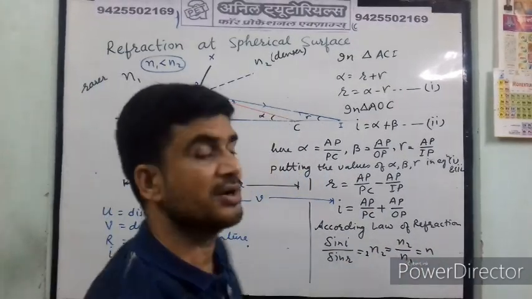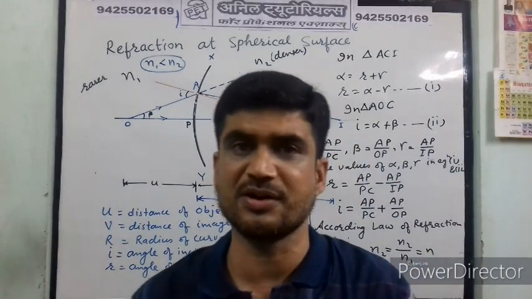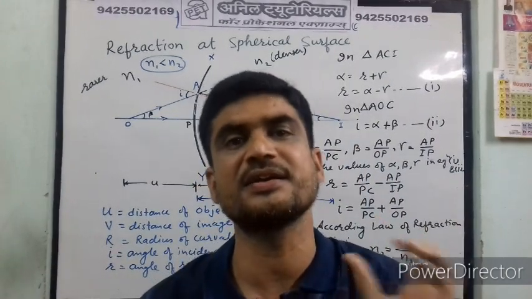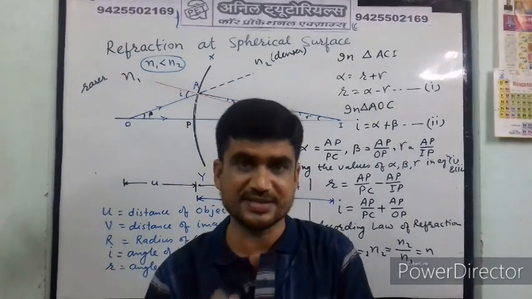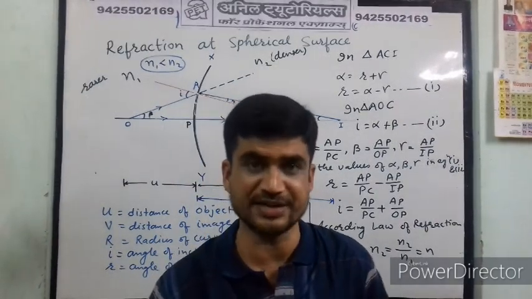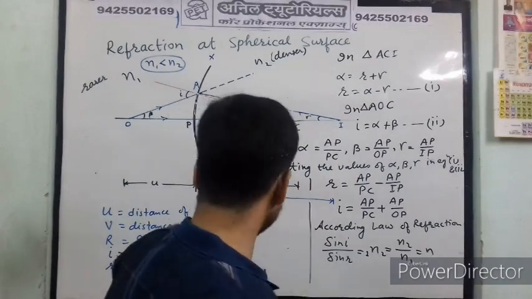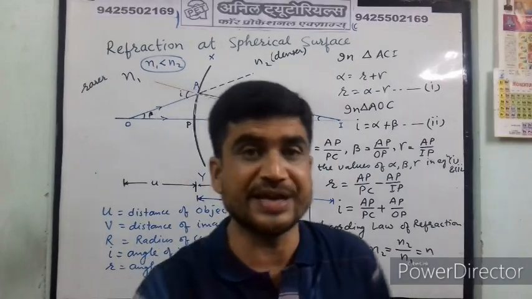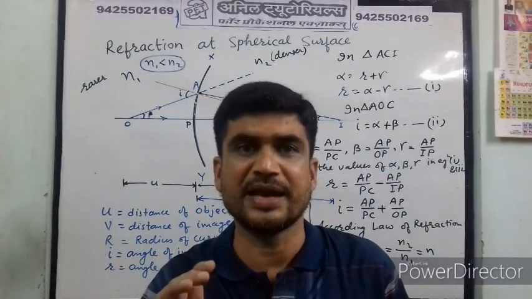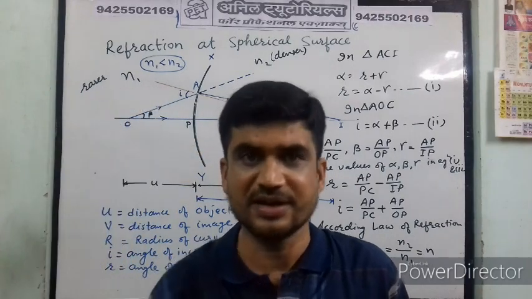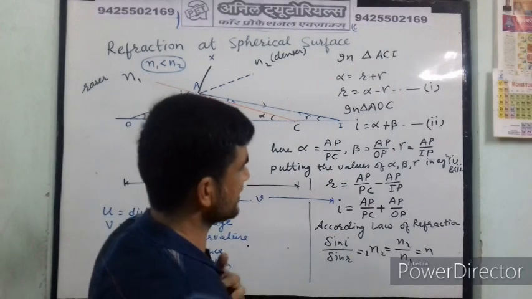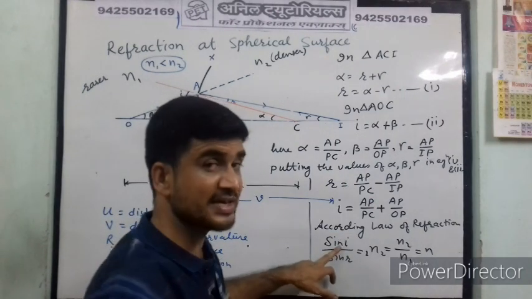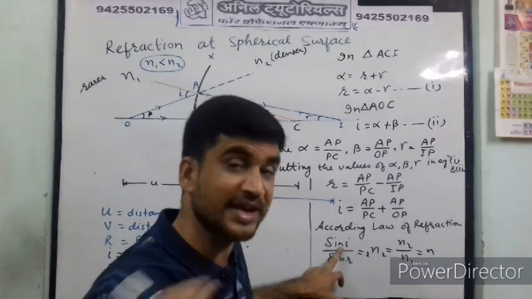You know when the angles are very, very small, we can write sin theta is equal to theta, when the angle is small and measured in radians. So here we are measuring all the angles in radians. You know, in radians only the angle is defined as arc upon radius. Okay, that's right. So here we took all the angles in radians. So we can write sin I is equal to I, the angle I.